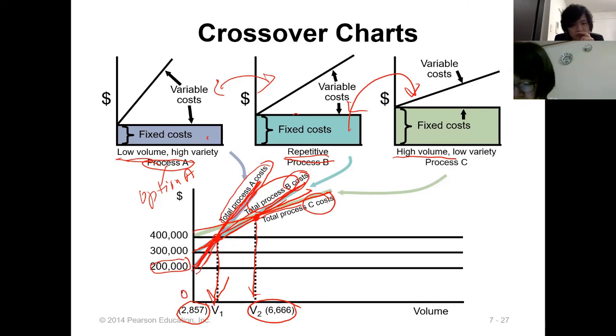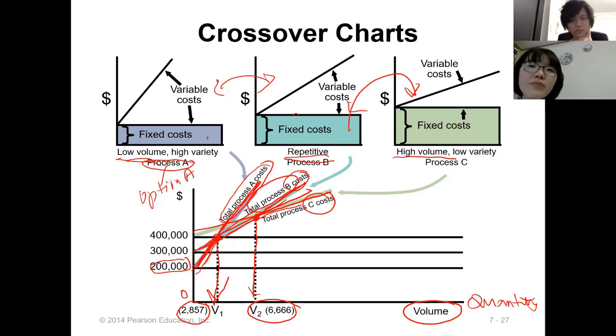So anything from zero quantity, this is volume, this is quantity, anything from 0 to 2,856, choose A. A is cheapest. Anything between 2,857 and 6,667, you're supposed to select B. So the analysis tells us that B is cheaper. If, for example, I want to produce 5,000 units,